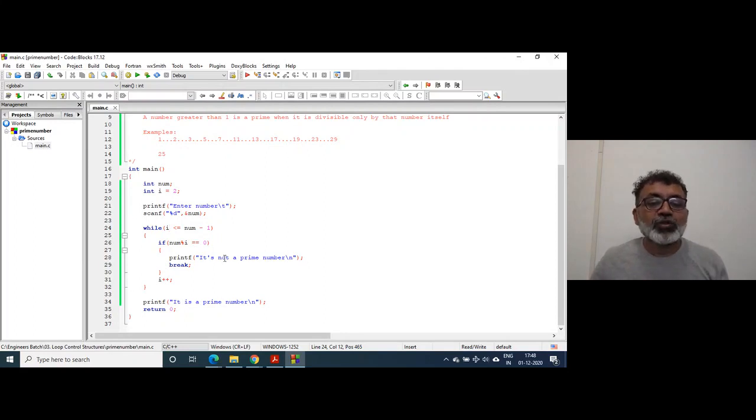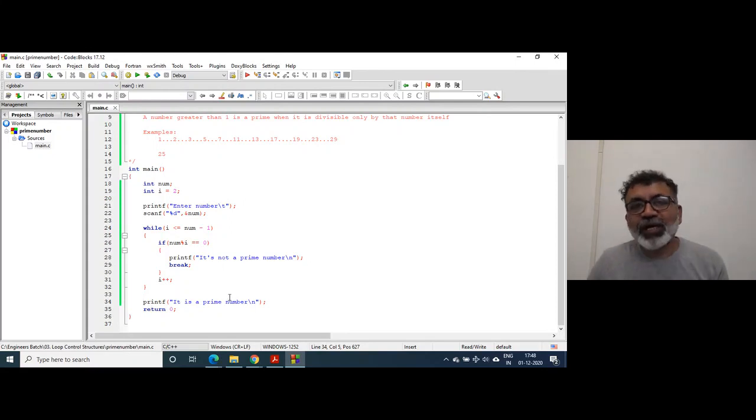Between 2 and 6, 7 is not divisible. The loop is terminated when the value of I becomes 7, and at that time control will reach here and directly give the output that the number is a prime number, because that is what our generalized rule says. So there is nothing wrong in this.